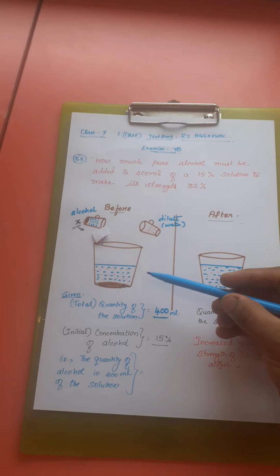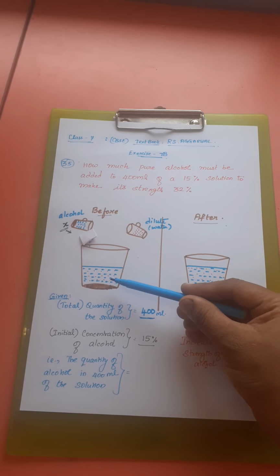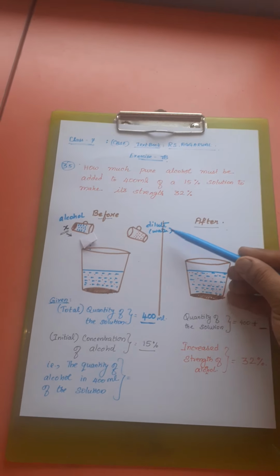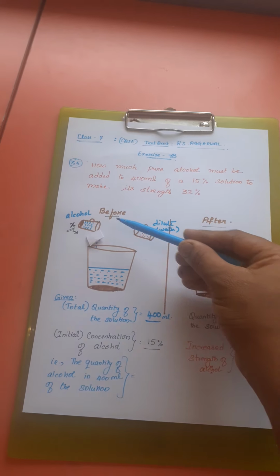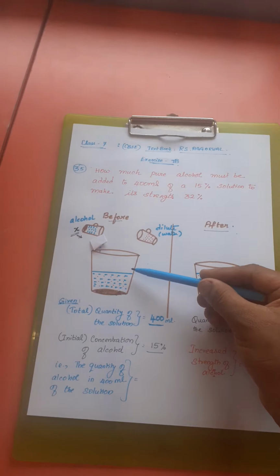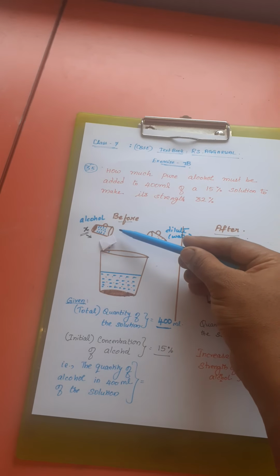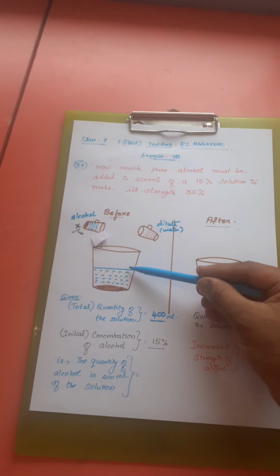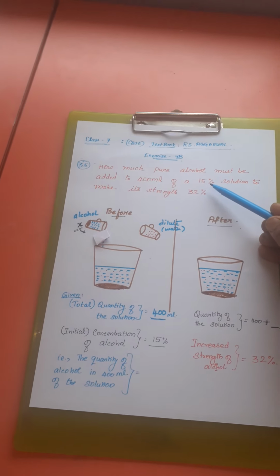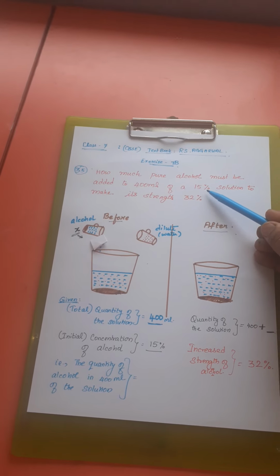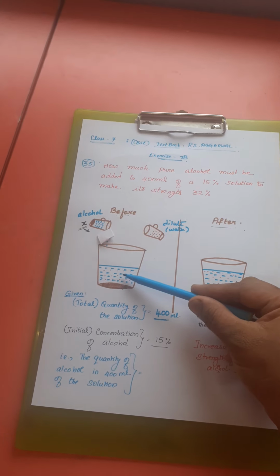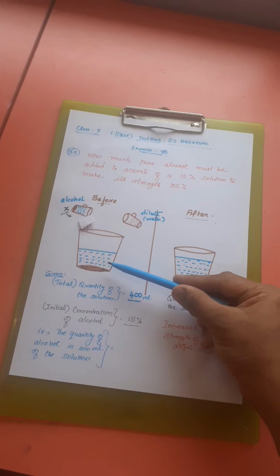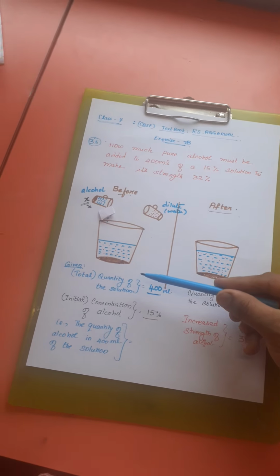There is some solution in which alcohol is mixed with some dilution. Let it be water. Two items are there: one is alcohol and another one is water. Initially, there was 400 ml of the liquid with a strength of alcohol as 15%. Is this clear? Now let us make it a mathematical statement.